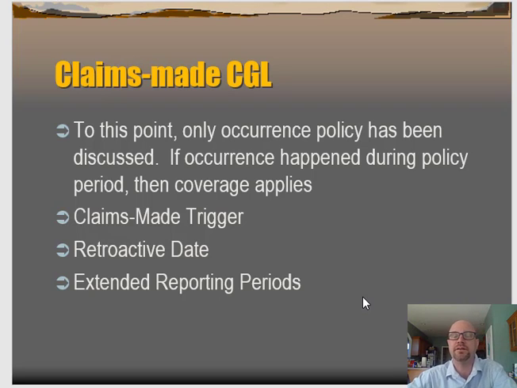So if you're going to switch, you might want to think about adding what we call an extended reporting period. And these can be long. They can go up to 5 years, where you say that, yep, coverage ended on December 31st of 2020. But we're going to have an extended reporting period to cover any losses that happened during that policy period in the year 2020. As long as the claim is made by as late as 2025, it can still be covered.